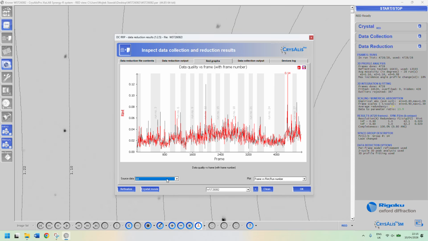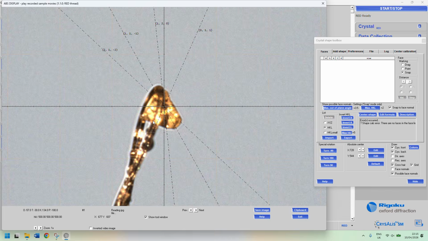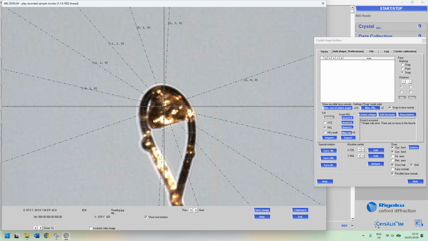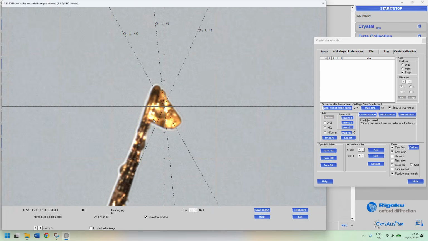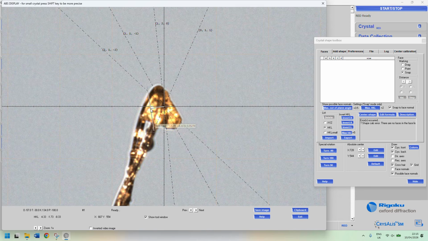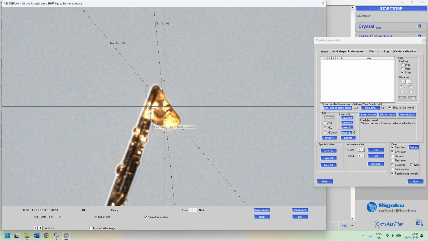Okay, we can have a look at the crystal. Crystal is here. It's irregular. We can measure its dimensions more or less. We don't really need to do face centering, face indexing, because we'll do multi-scan, because mu is not terribly large. So we could have a look in this direction, for example, it's 0.02, here it's 0.07, so this dimension would